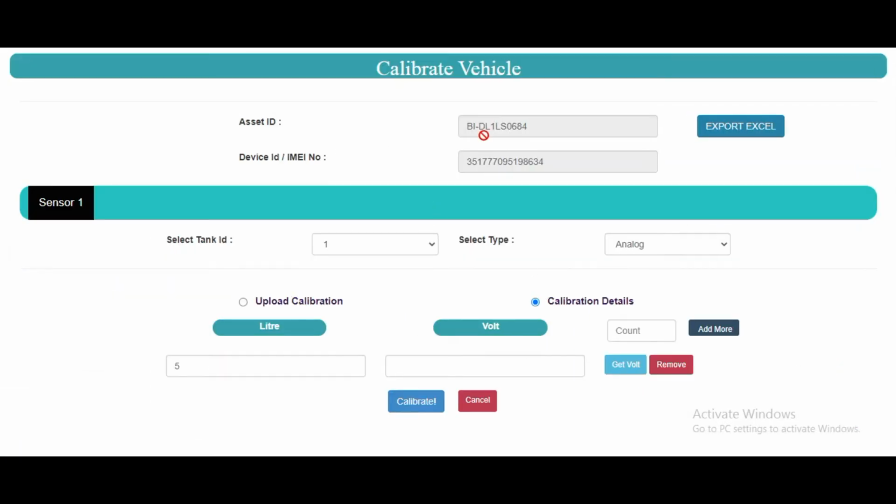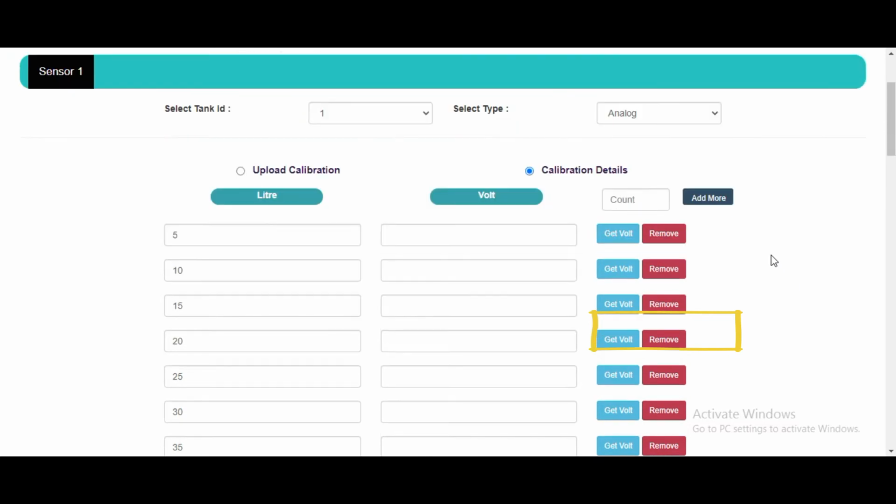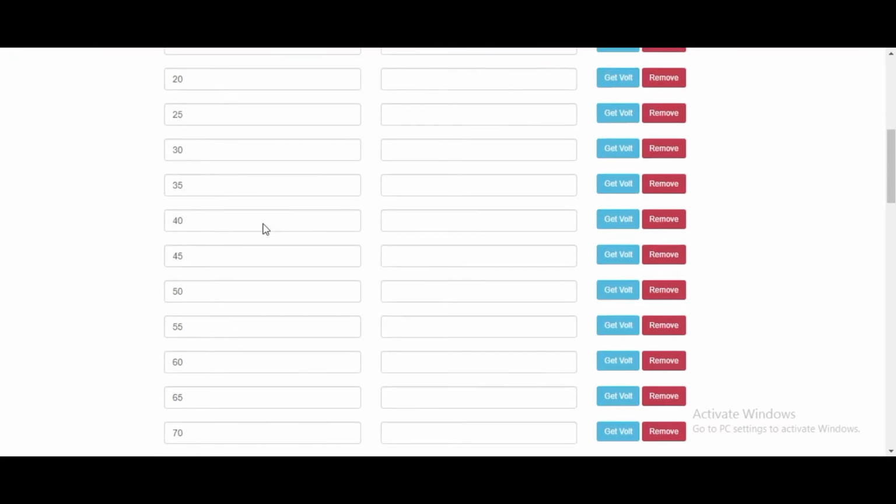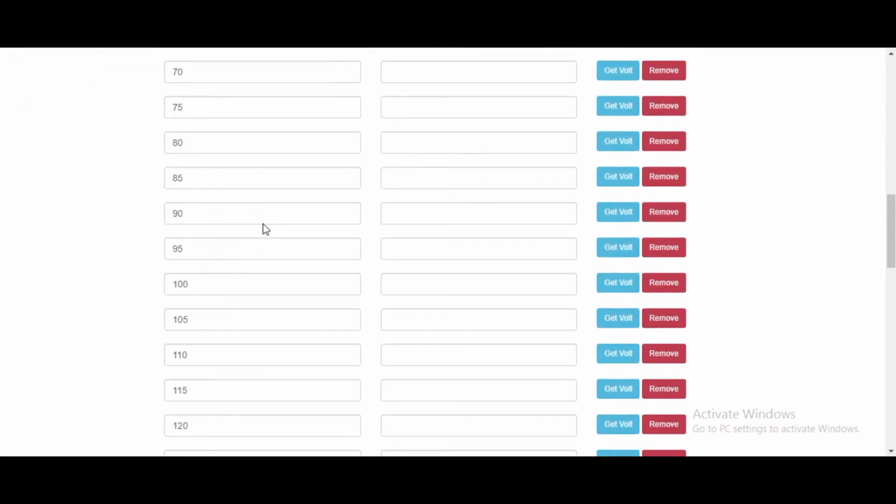Here, the selected vehicle will come. As you can see, only one row is here by default. To add more rows, add count. Suppose I am adding a random value, that is 50, and click on add more. Once you click on add more, here you can see the multiple rows have been added in